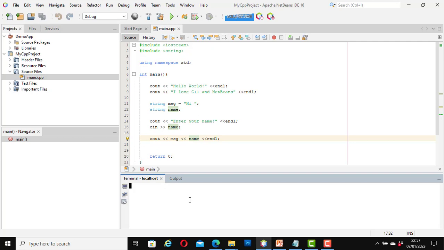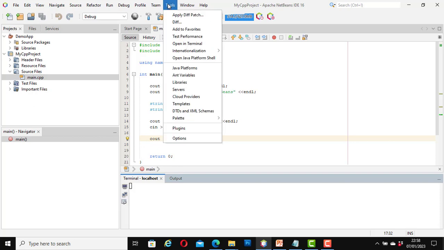And the most important thing I'm going to point out to you here now is that we have not actually configured our NetBeans IDE to use the Cygwin compiler that we installed earlier. So we need to do that. And once that one is done, we will be able to use the terminal. To add our Cygwin compiler, go to Tools, click on Options,